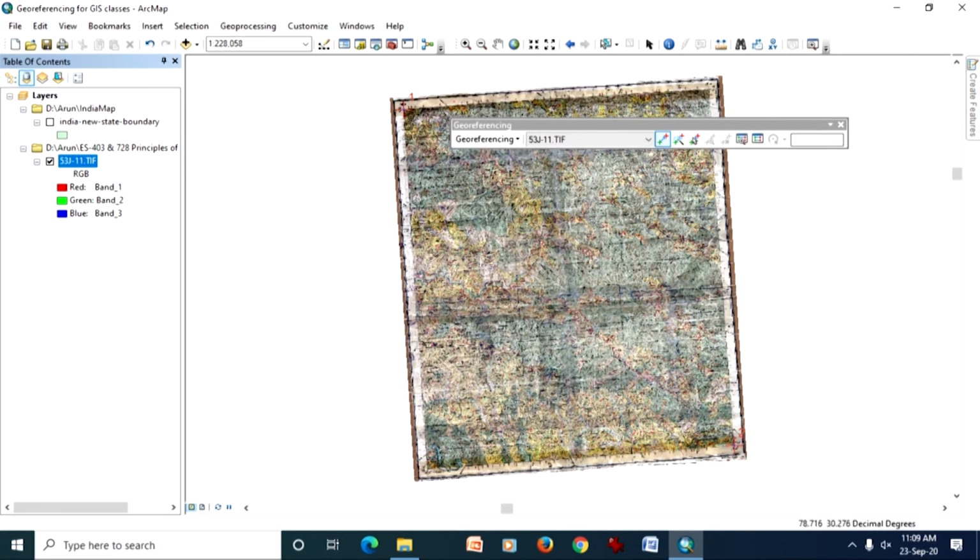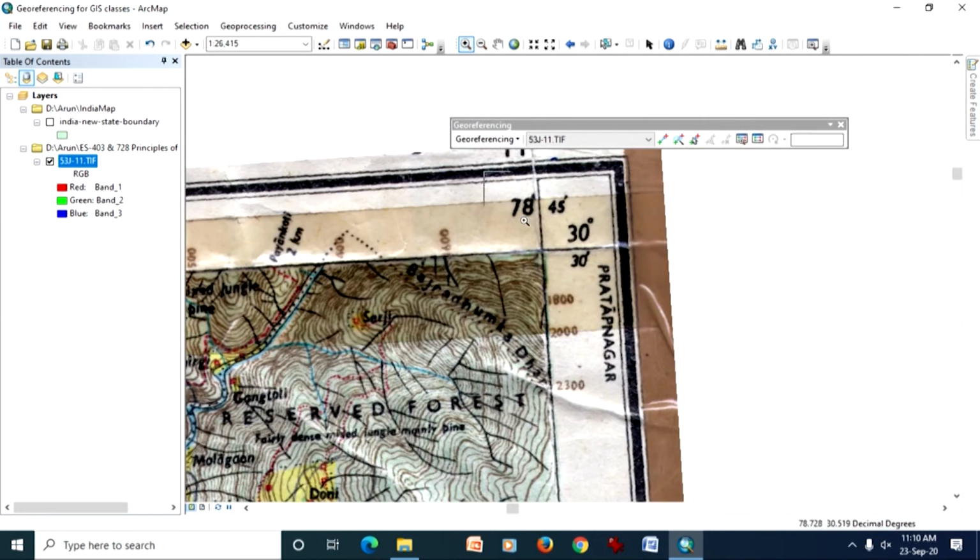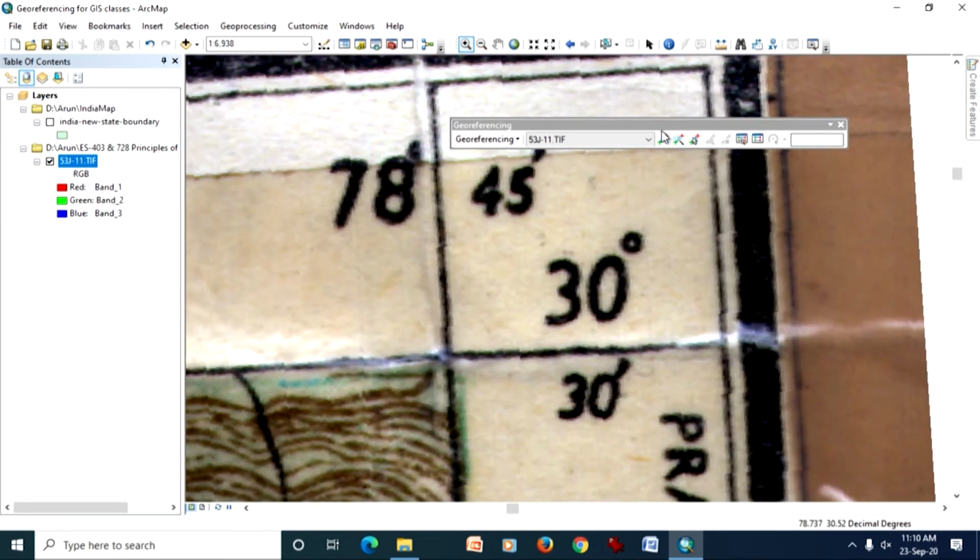So, now 2 points are there, as if you recall that even for first order polynomial you require minimum 3 points. So before that, no other options will be open to us. So let's collect 2 more points and then we will see. So now I will go to this point, again zoom. So in the same way, again collect the point,